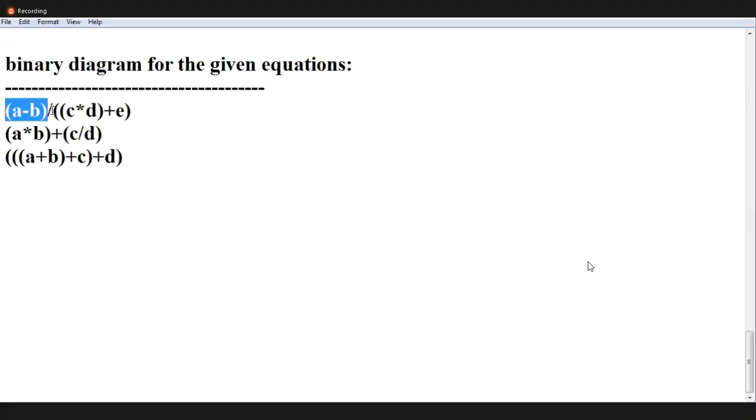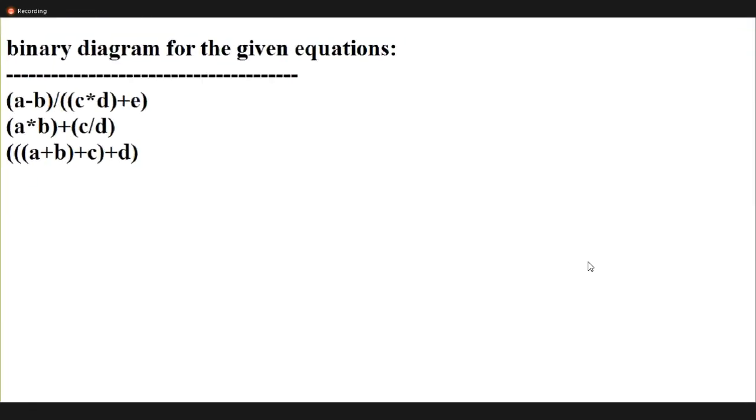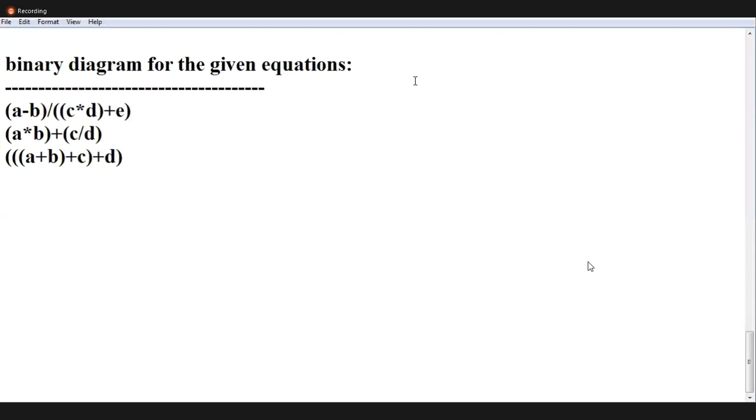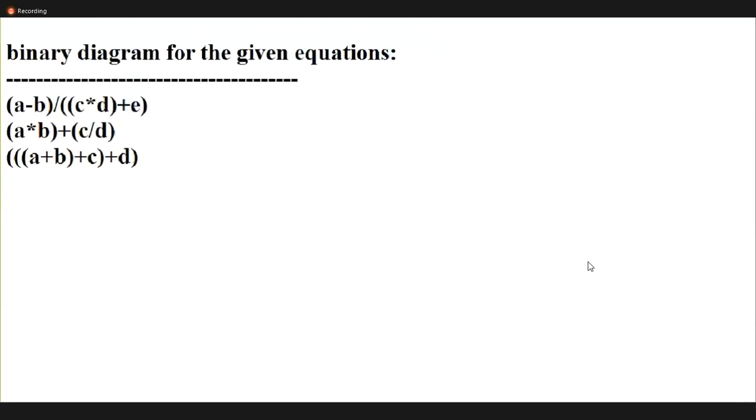This is the left part, this is the right part. Here the root is this. What is the left side? A minus B.